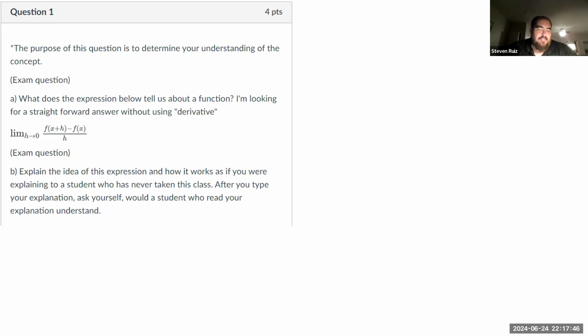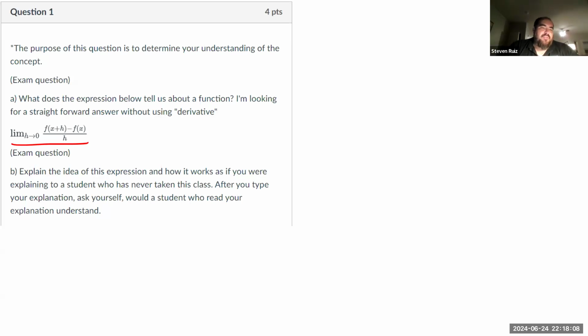by somehow including the word derivative in your answer. So I'll try to give a few explanations here. What does the expression below tell us about a function? The way that we've tried to relate it to you is it's a rate of change. And it's not a coincidence at all. This expression here